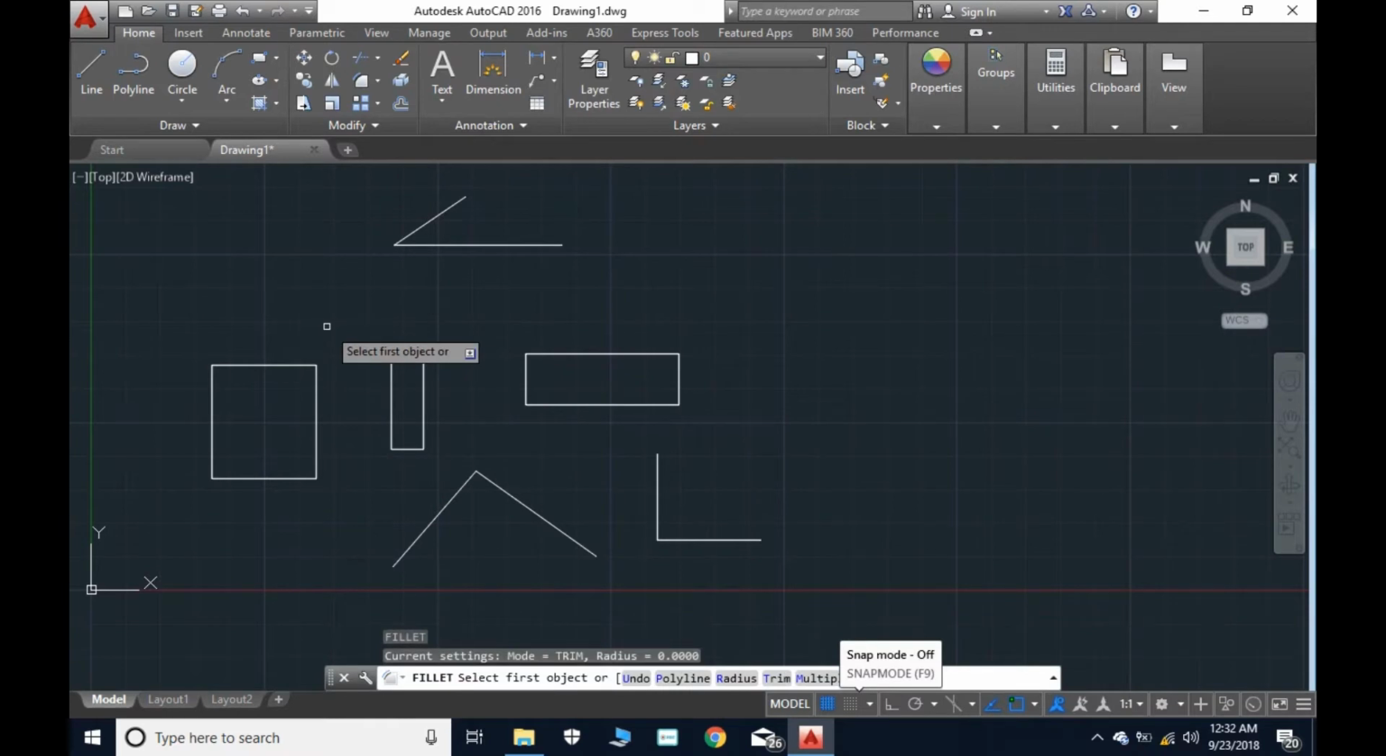Now you need to give the radius, how much you want to curve the corner, and press enter again. Type the radius. I will give 3 and press enter. Now I will